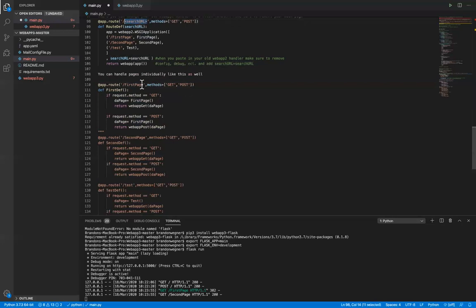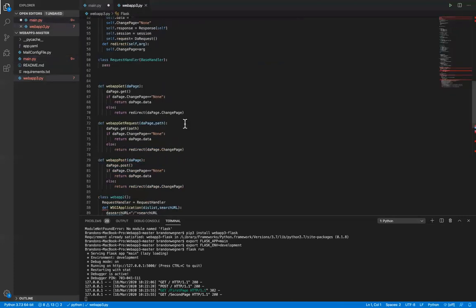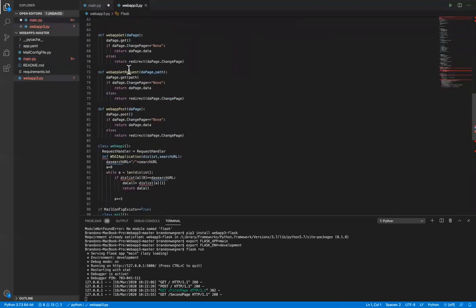It'd be something more like this, and then you'd also have to put the search URL there, and then you would do webapp get request and add the path as well,